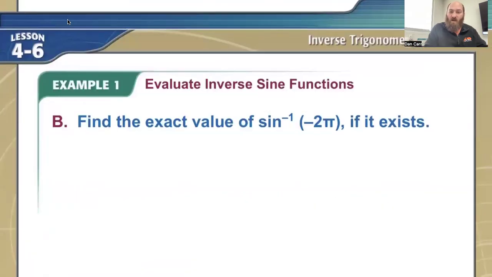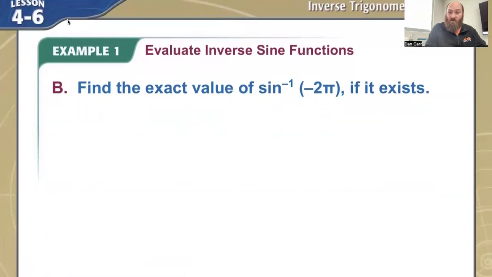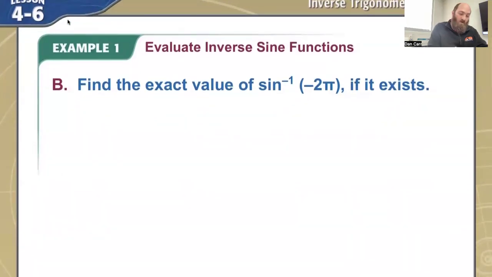Let's do the same thing here. Inverse sine of negative 2 pi, if it exists. So we're going to double check what negative 2 pi is going to be. Well, negative 2 pi is going to put me outside of my range. So negative 2 pi,